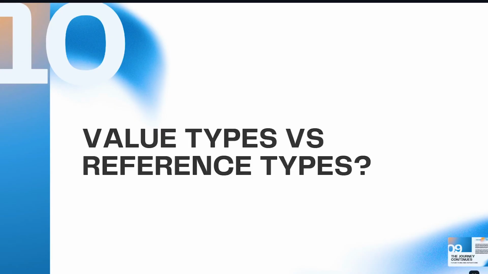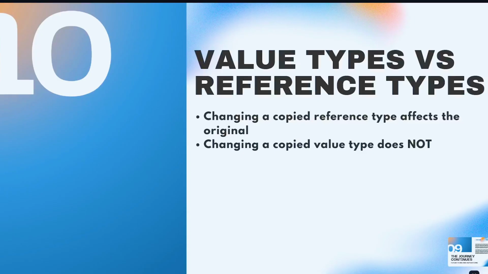Now we have the last question, which is what is the difference between value type and reference type? Value type stores the actual data directly. We have stack and heap. Stack is fast, small, organized memory. It works like a stack of plates, last in, first out, automatically cleaned up. Heap is a large, flexible memory. Objects live here until GC cleans them up. Garbage collection makes the cleanup. So value types live on the stack and reference types live on the heap.